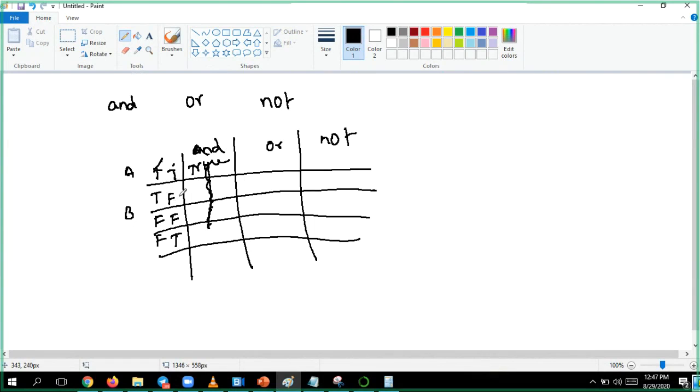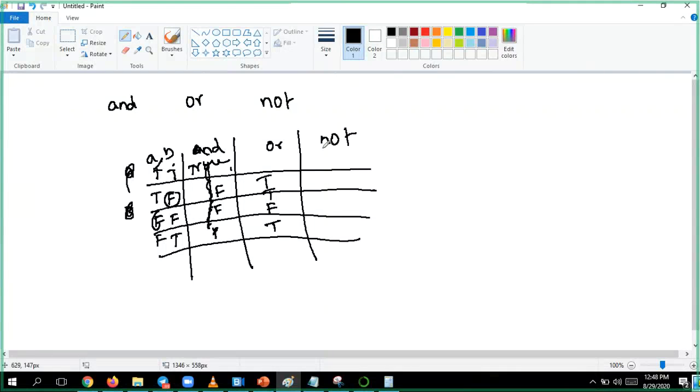If any one among them is false, the AND will be false. We will see with an example. For OR, if at least any one among them is true, then it will be true. If both are false, it will be false. Any one true, then true.